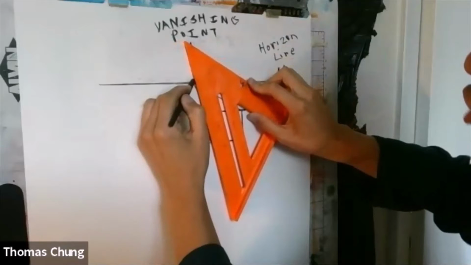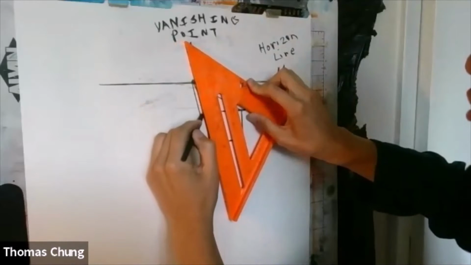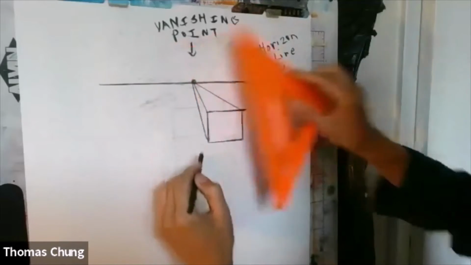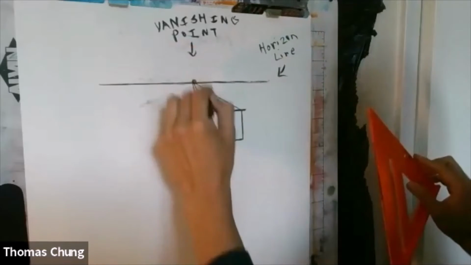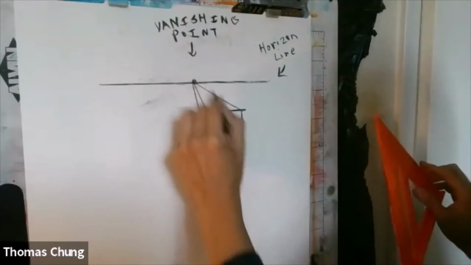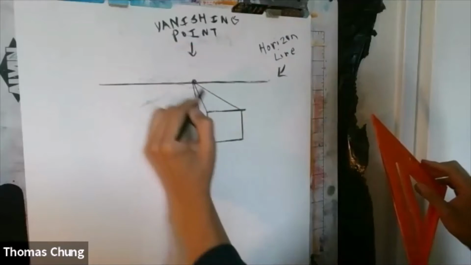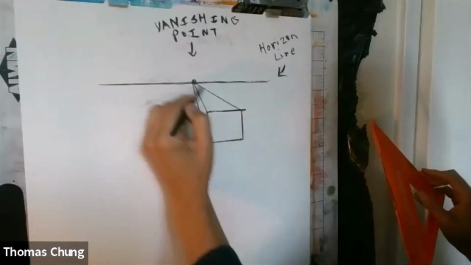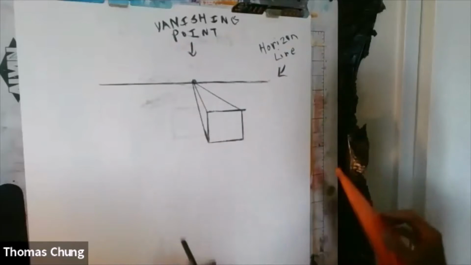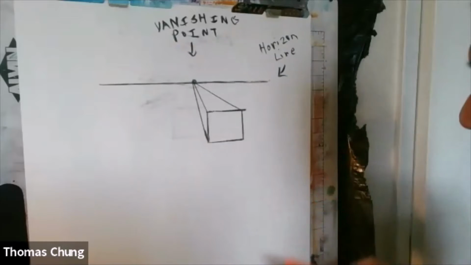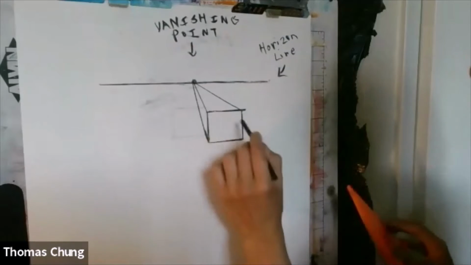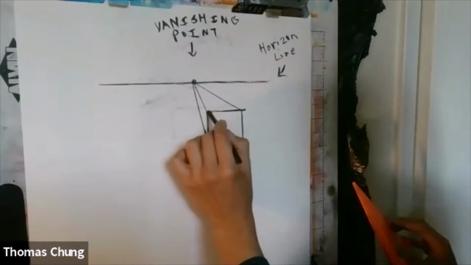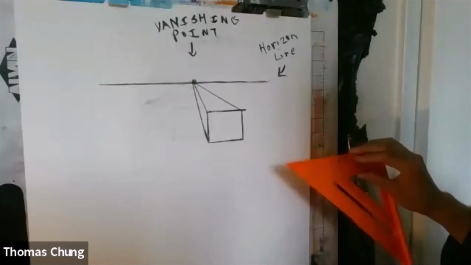So I'm using the soft charcoal just because it's a light material. You're also welcome to use your graphite pencils. So all the lines that I could see connecting to the vanishing point, I connected them, these two. If I did this one, it would go behind the box. So this is not a translucent box, so I'm not going to draw that one. So once you've drawn the front of your box and you've connected the corners to the vanishing point,